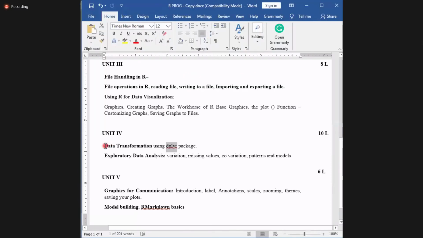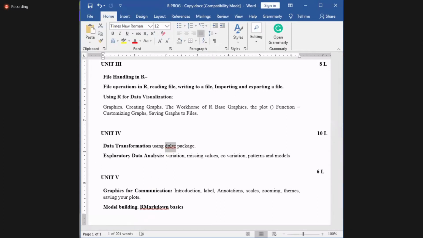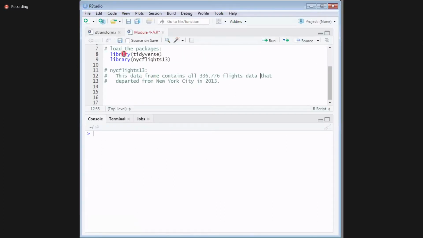We are learning about data transformation using the dplyr package, which we can install directly or as a part of the tidyverse package. For practicing, I'm using one data set, the New York flights 2013 data set.